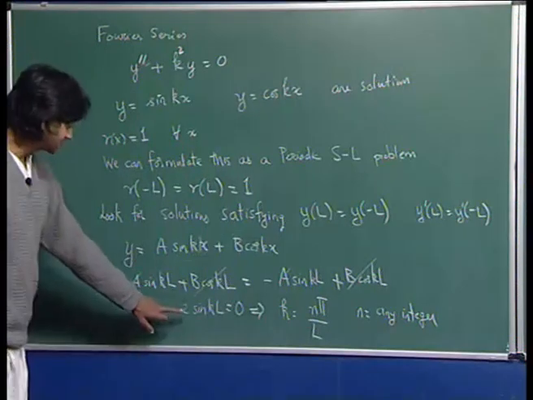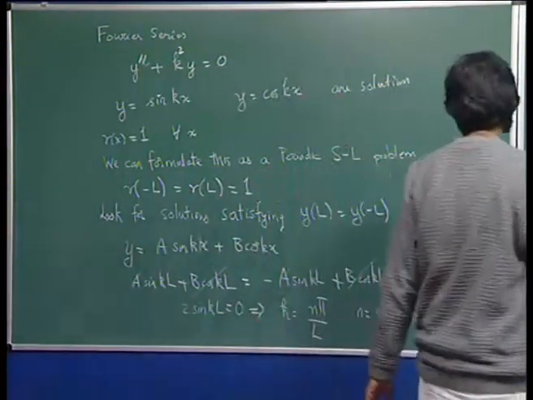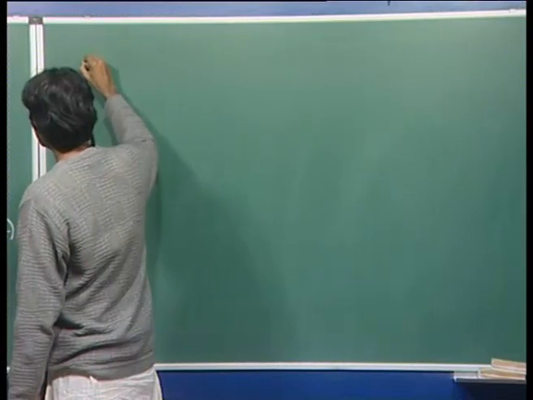Okay, so mathematically we can say that any k has to be n pi by L, and this will satisfy the Sturm-Liouville problem. This will satisfy the conditions of the Sturm-Liouville equation. So then you can write the general solution